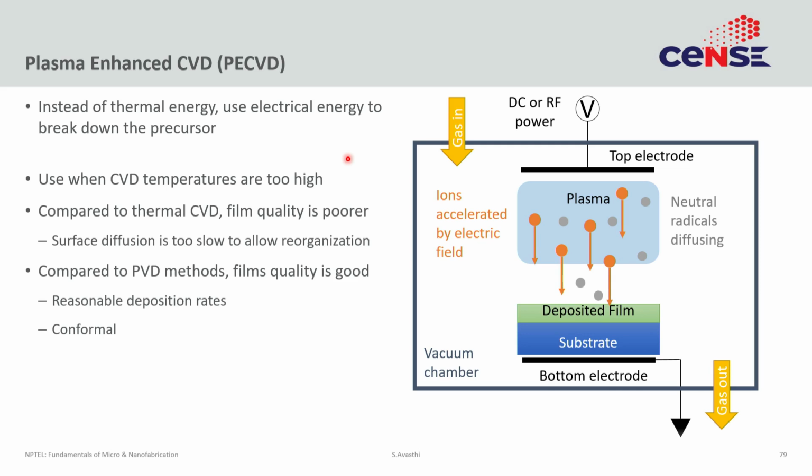So, we have seen the plasma before when we talked about dry cleaning, right. When we create a plasma, that plasma creates a certain amount of energy. Even in the introductory lecture, we had discussed dry etching and plasma and sputtering. So, in those cases, we also use plasma. That same plasma can actually be used to provide extra energy, and that allows you to do the deposition at much lower temperatures. So, plasma enhanced CVD is a thing.